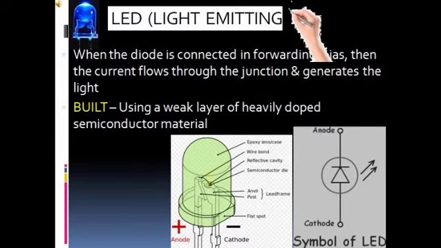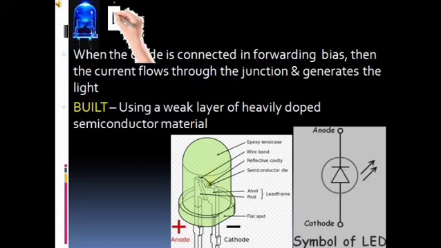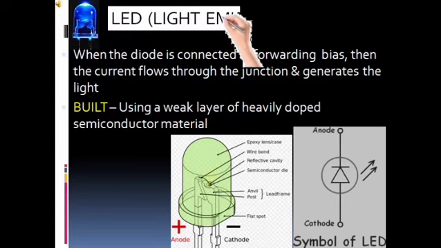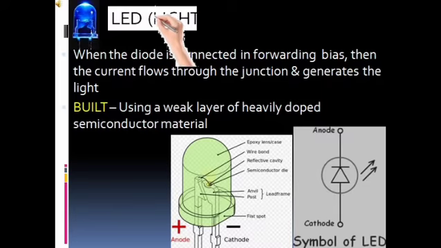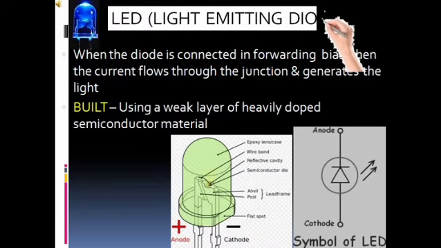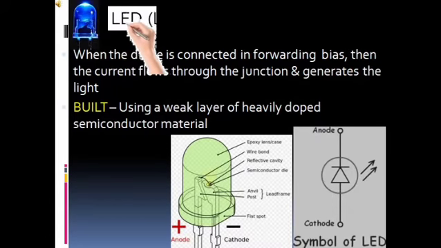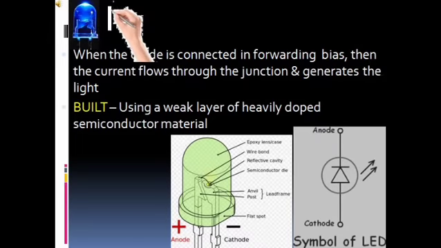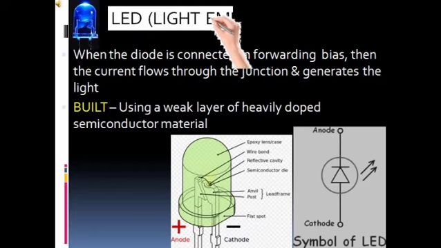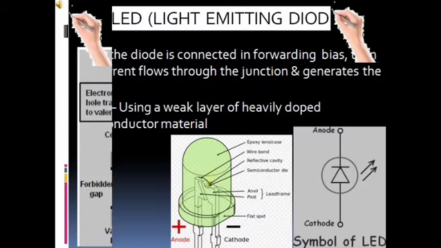Now as you can see, there is a symbol of LED down there. Are you able to see it? The symbol of LED is just similar to that of the PN junction diode. That means the two are similar to each other. But what's the difference between these two? It is the two arrows, which indicate the diode is emitting light.